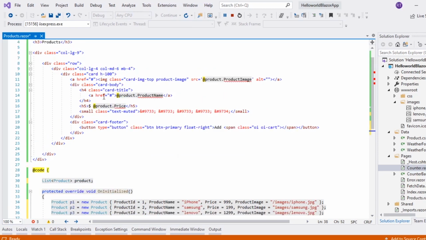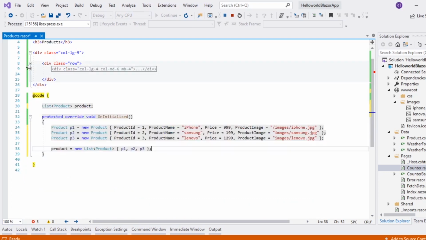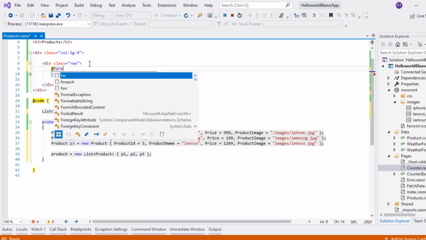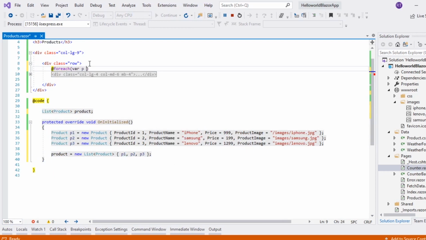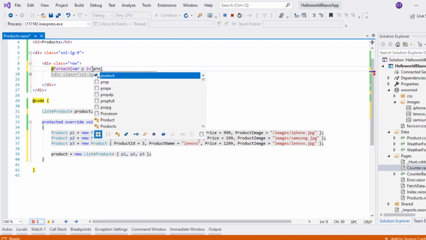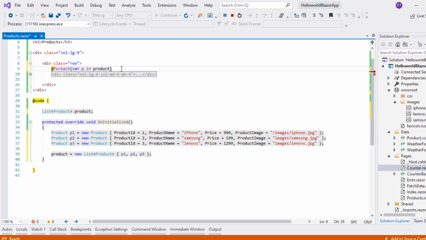We'll change this HTML. Here I'll use foreach (var p in products), and then bring that into the loop.